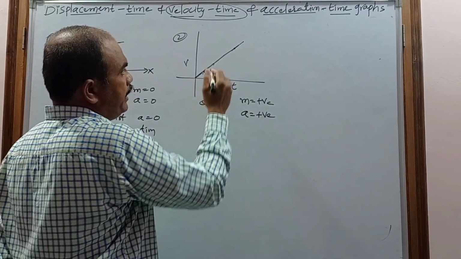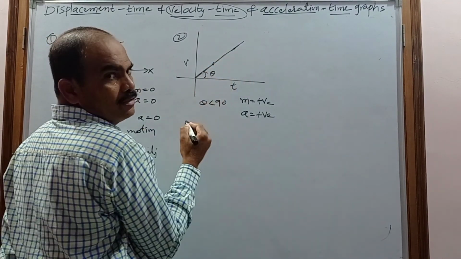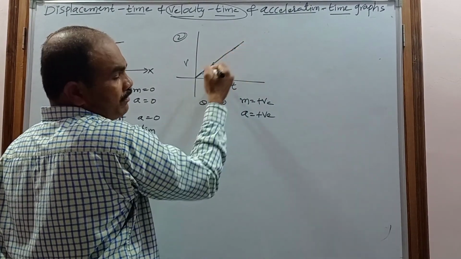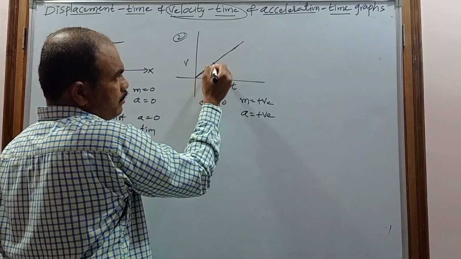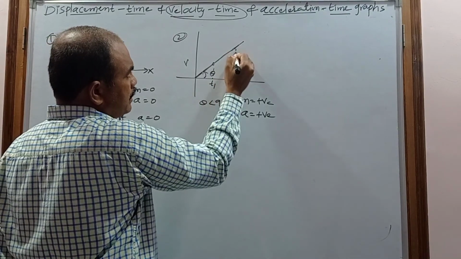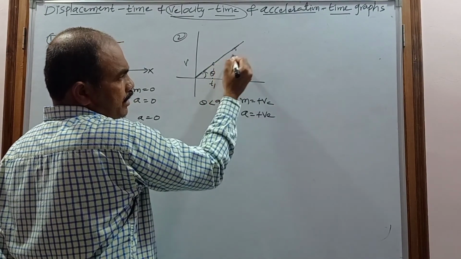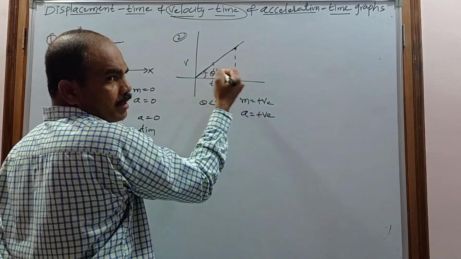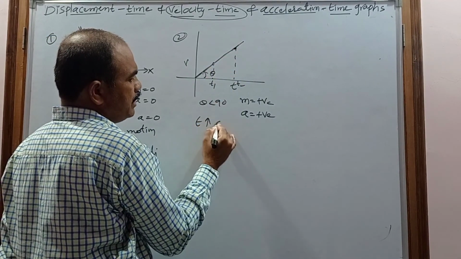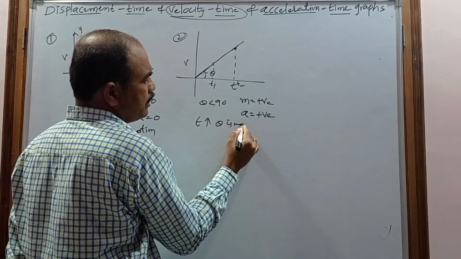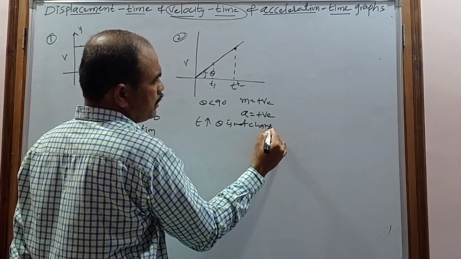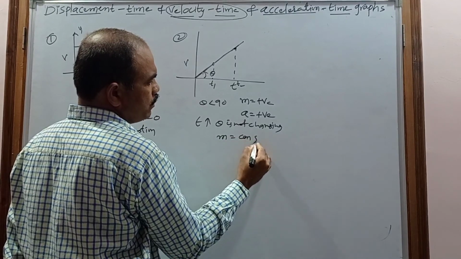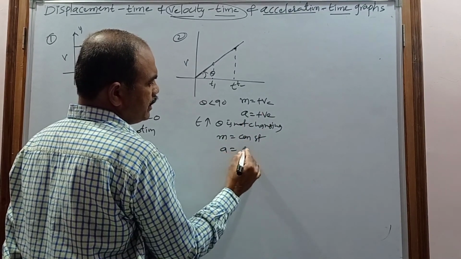So already said that this is a straight line. So that's why if we draw the tangent at different points, this is a tangent at T1, this is a tangent at T2. So this T1 tangent and T2 tangent are making an angle of how much? Theta, the same angle. And when the time is increasing, the theta is not changing. So the theta is not changing, the slope is also not changing, and the slope is nothing but constant. So that's why the acceleration is also constant.